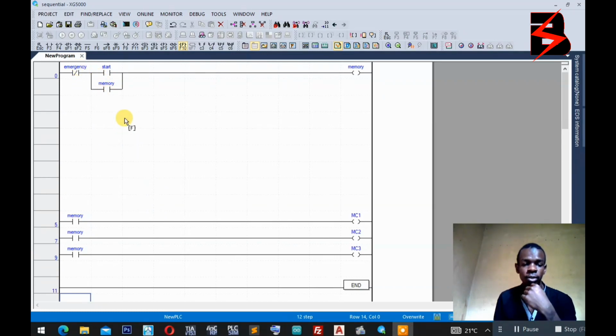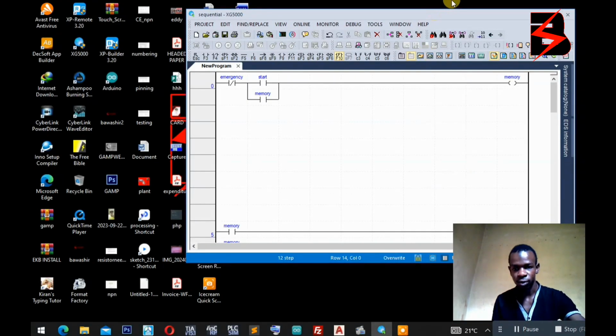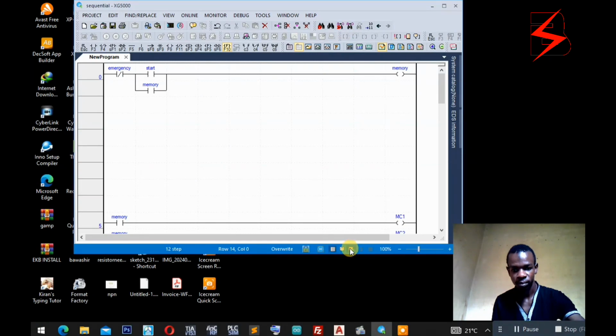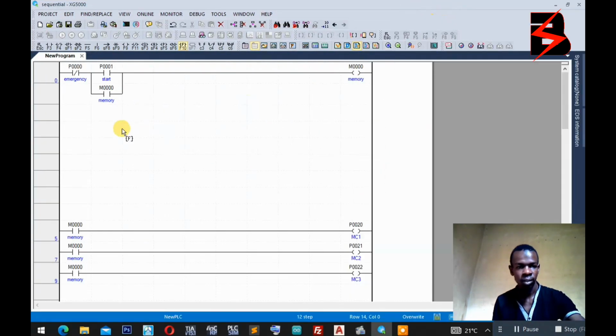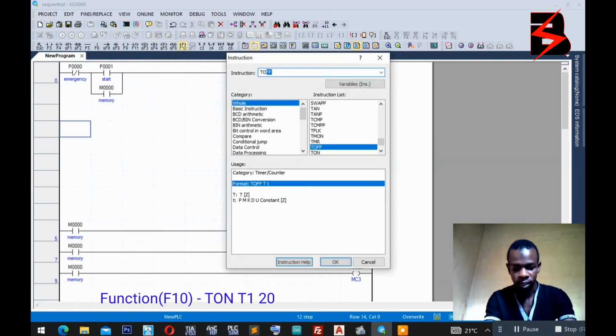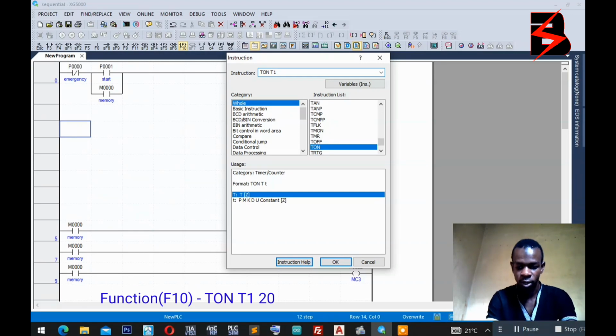So here we are going to deal actually mainly with the timers. It is the timers that are going to be powering our contactors. For example, let me first have this view. Yeah, just wanted to be seeing the addresses. So now we are going to have the first timer. I'm going to come here at function F10. Put TON, that's timer on delay. We call it timer 1. We are going to give it